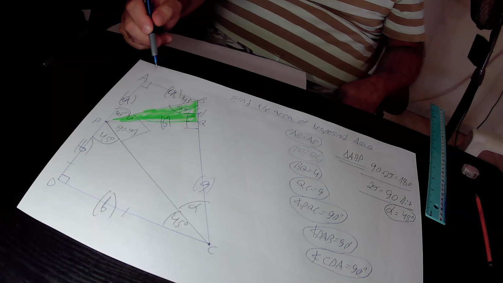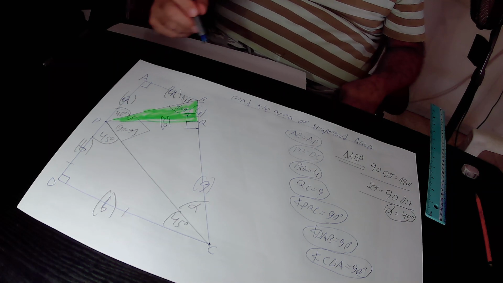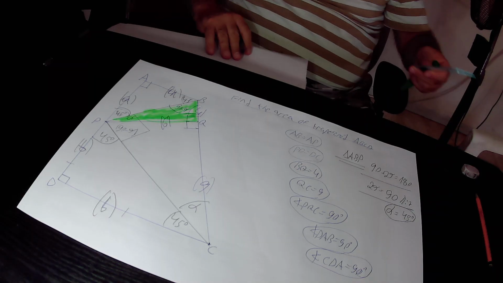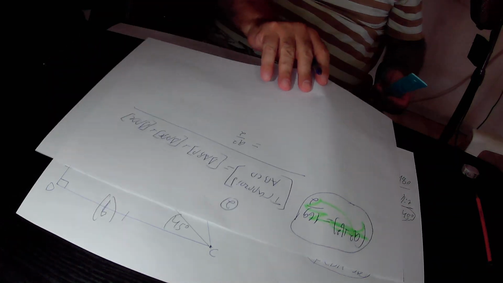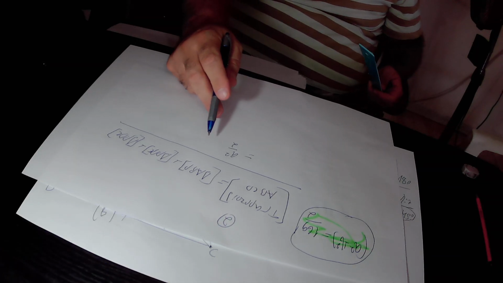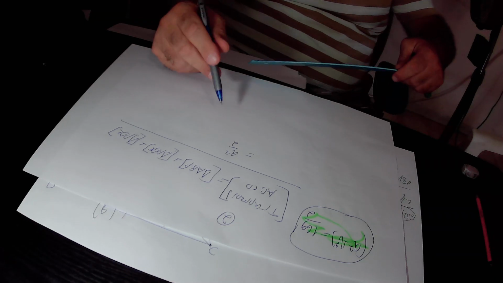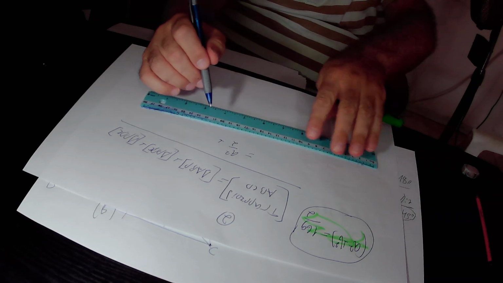AB is a, AP is also a, so it is a times a, that is a squared over 2. So in total, the area of the small triangle ABP is a squared over 2,